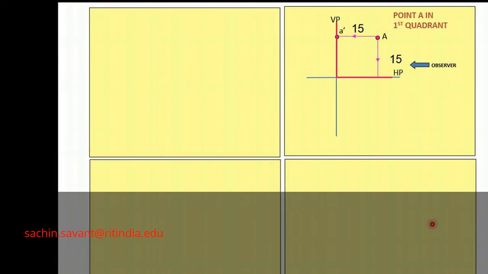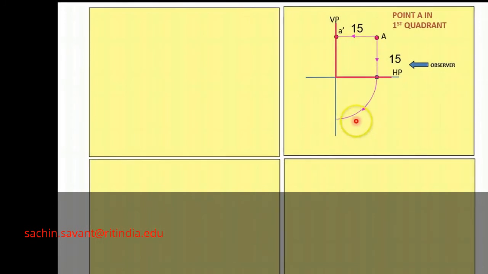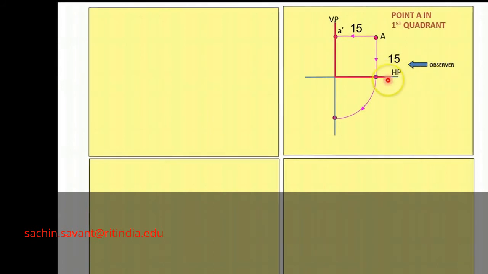This is the top view direction from the point, which will be the point A. To make it visible, the point A is rotated in clockwise direction, so it lies below the XY line, because the top view is not visible from the blue arrow direction. To make it visible, the horizontal plane along with the point A is rotated in clockwise direction, that is why it lies below the XY line.